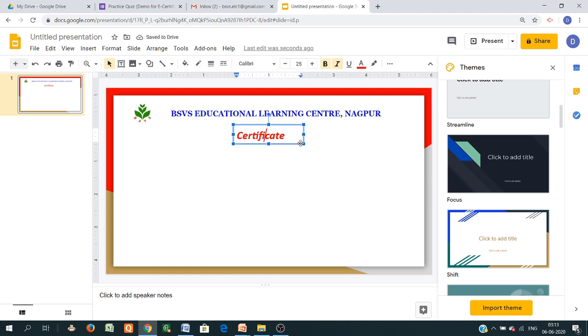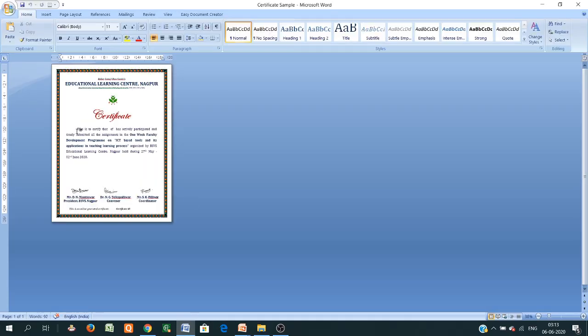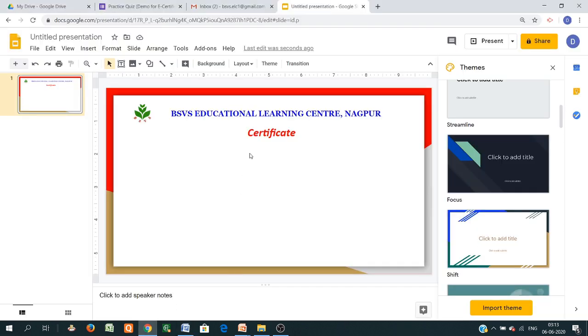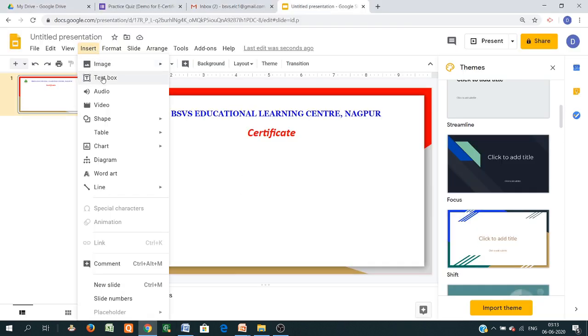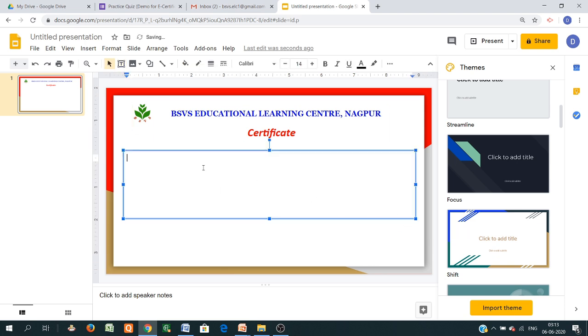The next option is the important one, that is the body. For that I just copy paste from my previous certificate. So this is the content. Then insert button, then select another text here, then select and paste it.